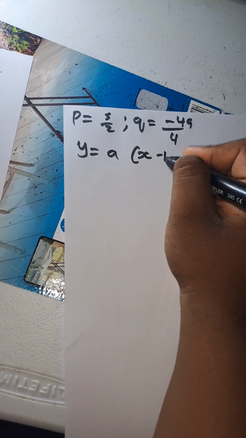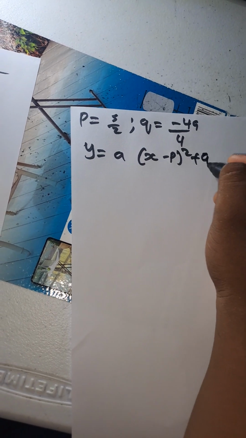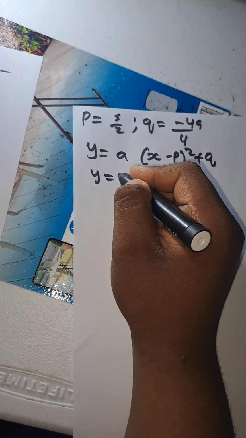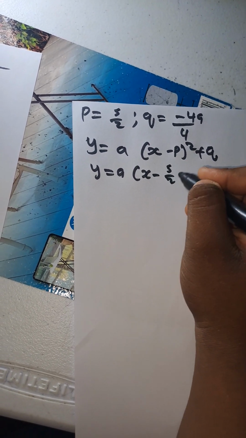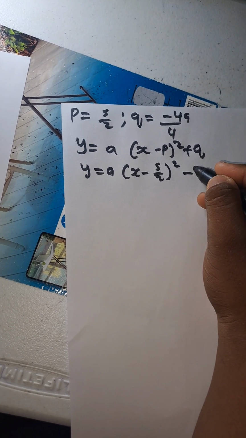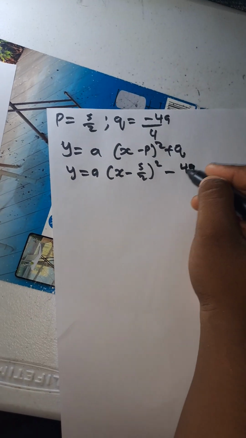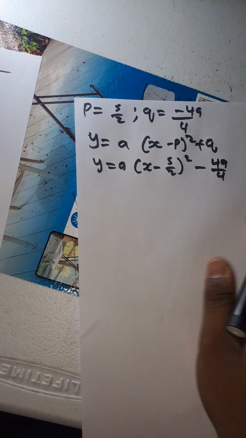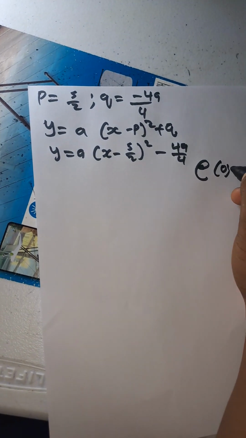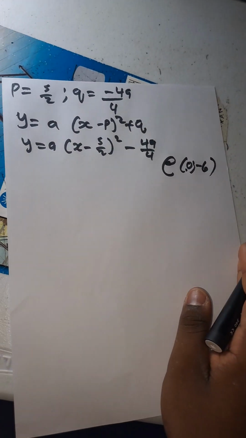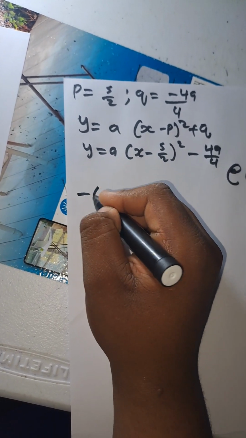So y is equal to a(x minus p) squared plus q, and then you say y is equal to a(x, where there is p, you put what? Minus 5/2) squared minus 49/4. At which point? At -6. So it's gonna be 0 and -6. So where there is y, I'm gonna put -6. Where there is x, I'm gonna put 0. So it's gonna be -6 is equal to